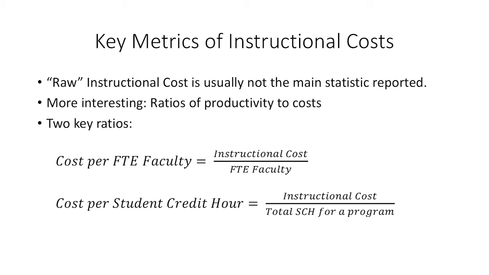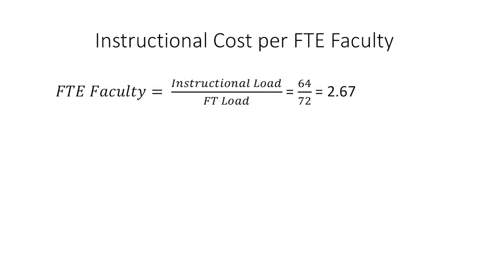So these two ratios are important: cost of instruction per full-time faculty member and cost of instruction per student credit hour. They are standard metrics that help you with planning. They are standard metrics that help you look at trends across time, and they are standard metrics that help you compare across programs. A couple examples, if we're looking at FTE faculty, so I want to remind you how we